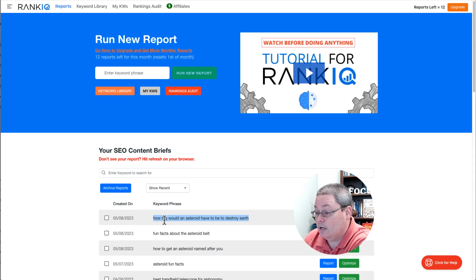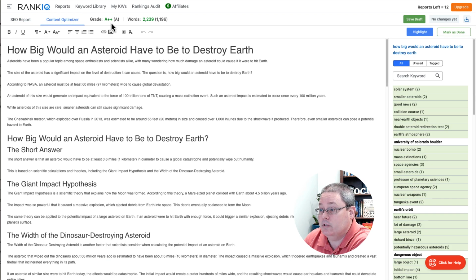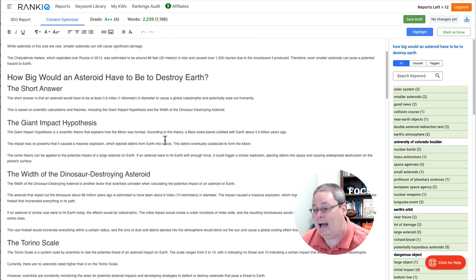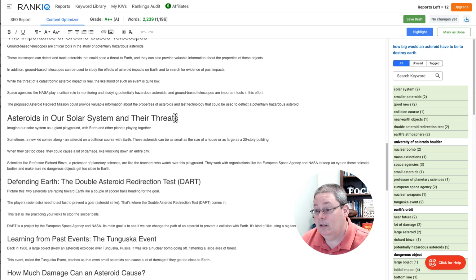And here we're talking about how big would an asteroid have to be to destroy Earth. If you go into the report, here are all those topics. And then, of course, if you go into the content optimizer, you can see right now it has an A++ grade. But I want to highlight the fact that if you scroll down, asteroids in our solar system and their